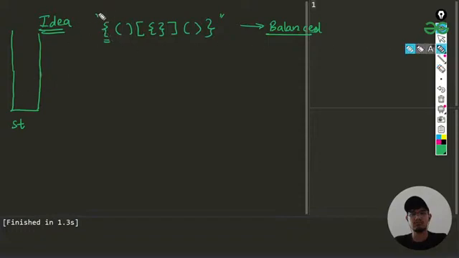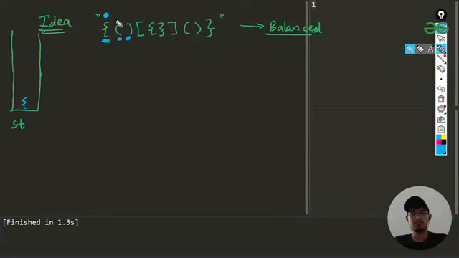Now the first task is to iterate over this string. So we are at this position. I'll be using yellow and blue. I am at this position now, so I'll be iterating this string. We have this, which means it is opening, so we'll push it into our stack. Then we again see an opening, so we push it into the stack. Now we have a closing, which means the top of the stack should have the matching opening element. You can see we have this closing element now, and that is present there. So we'll be popping this element, just getting rid of it.